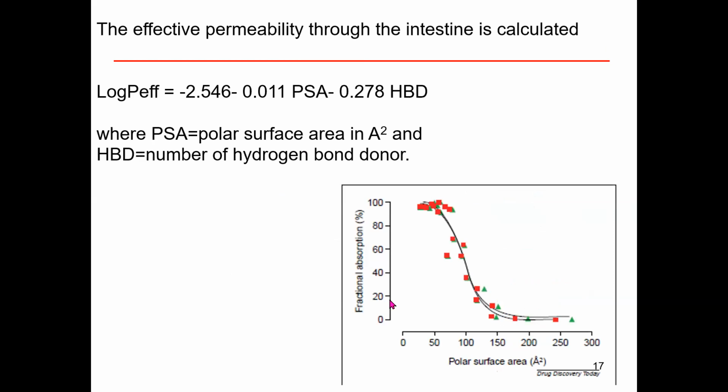And then the polar surface area rule I have been talking about. What happens is if a molecule is very hydrophobic, polar surface area will be very low. So absorption through the GI will be very high because GI is lipophilic. As the polar surface area increases, the absorption will go down dramatically and then reach 0. So ideally, you should have a balance because if it is lipophilic, it will not be water soluble. Okay, so generally they say polar surface area should be around 100 or less than 100 angstrom square actually.